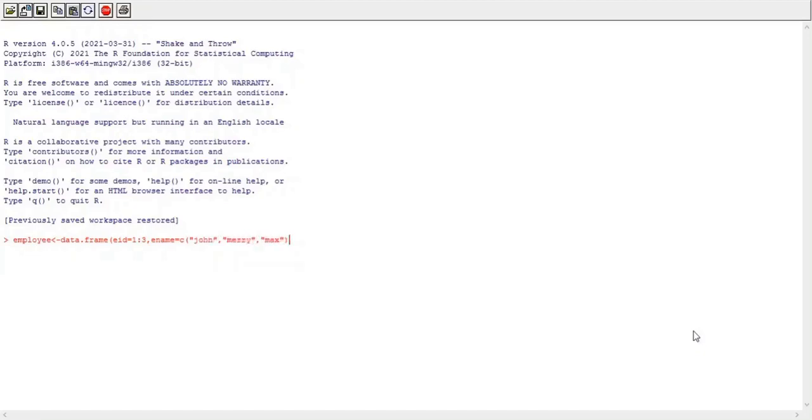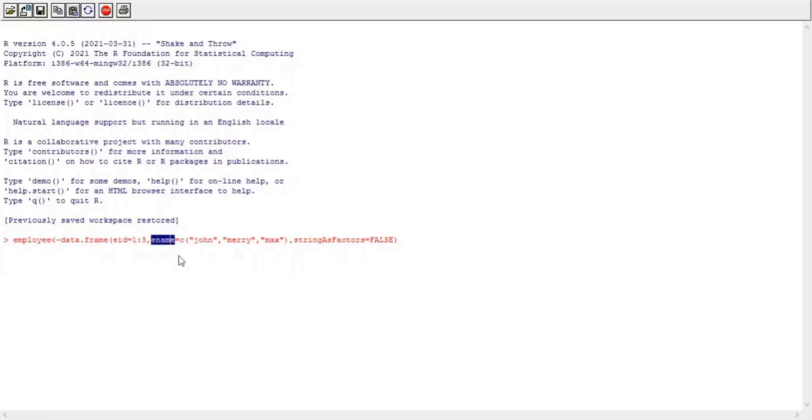These are the names of the employees, and then one more parameter is there, stringsAsFactors equal to FALSE. Now see, here I am creating a data frame with the name employee. The data.frame function is used to create a data frame, and I'm creating this data frame with 2 columns, or 2 components. First is employee ID and second is employee name.